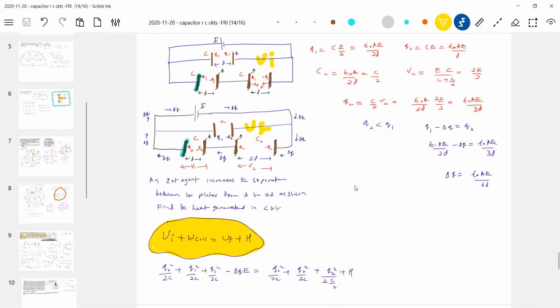The external agent will come into the picture, no? Will you spend any energy? See, you are going to pull it apart, no? So you are going to lose energy. So tell me why that energy is not taken into consideration? Or are there any corrections I should add? Nobody wants to answer? E generated is nothing but the